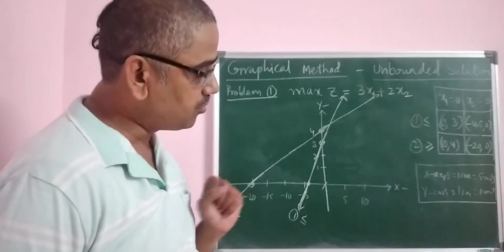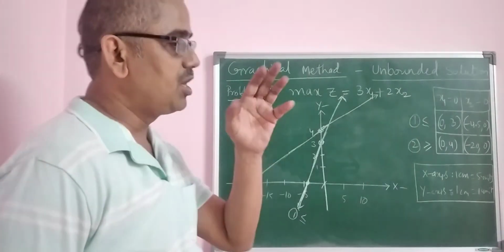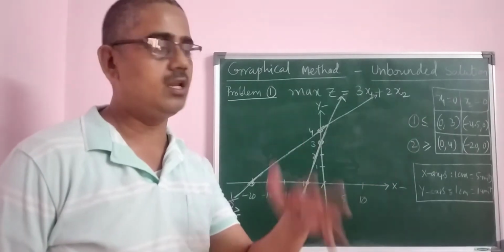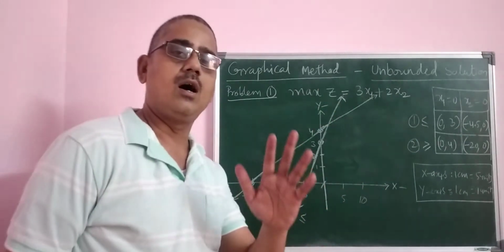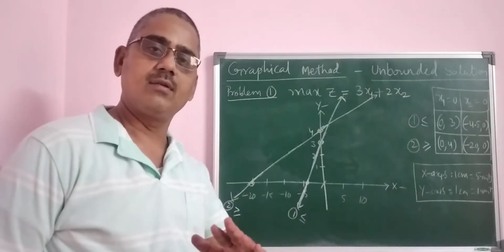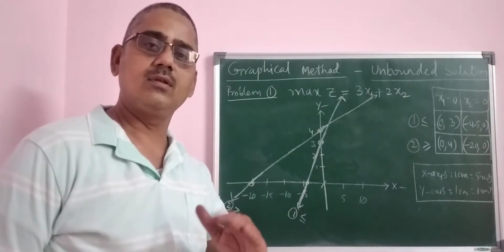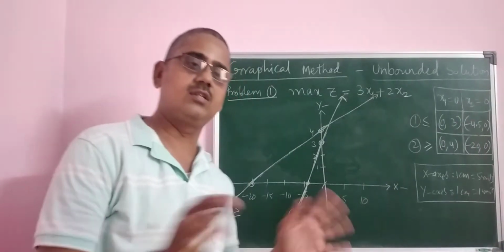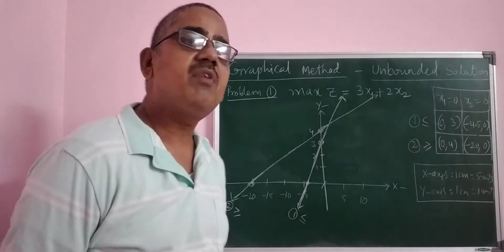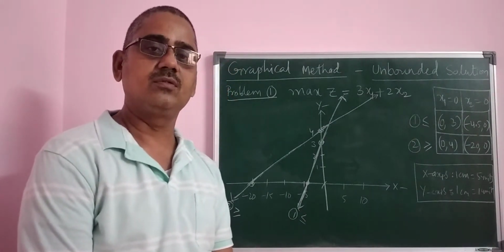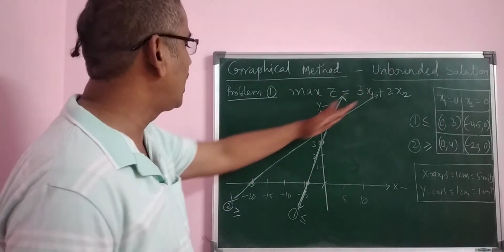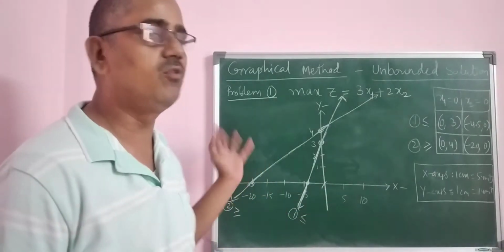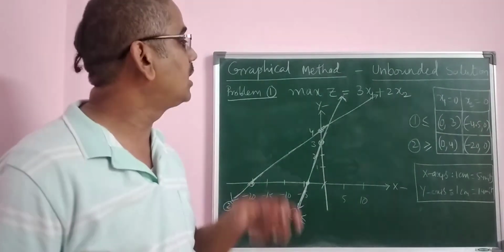You have to identify the feasible region. If the line is in the first quadrant, then easily we can identify: for less than or equal to, shade the region below the line, and for greater than or equal to, shade the region above the line. That is the matter. Whenever it is not so, and the entire line falls in the two other quadrants, then you have to consider the equation.